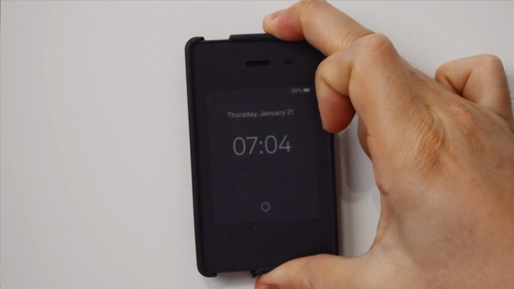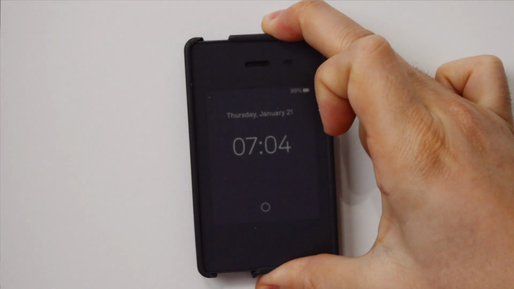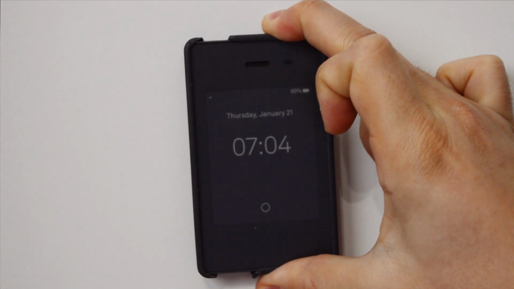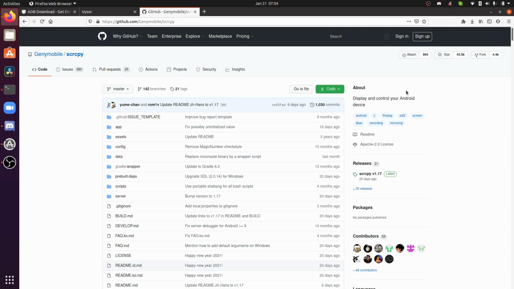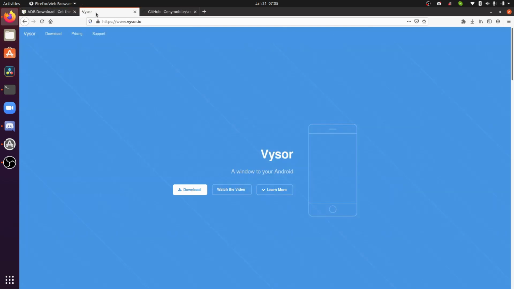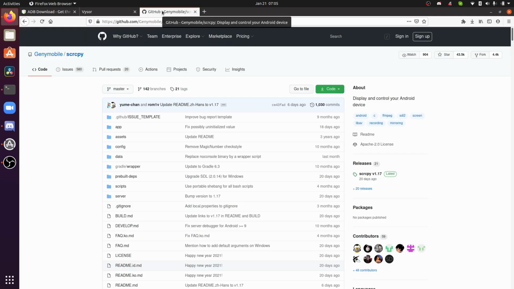So we're going to turn it off, and then we're going to start the process. You will need a couple of things to download in the meantime. So for example, you will need ADB download. So you go to adbdownload.com right here. And then you also need Vysor if you're on a Windows computer or a Mac. However, if you're on Linux, and you can also get it on Windows or on Mac, you can go to